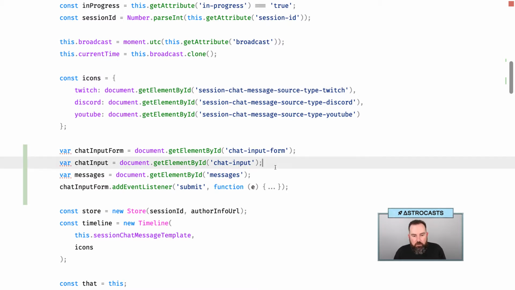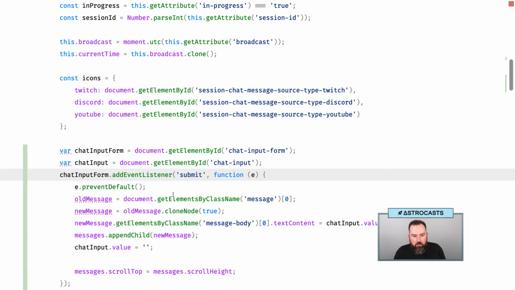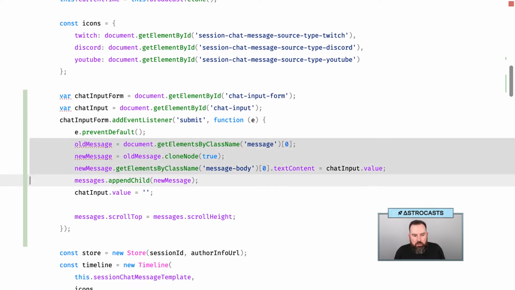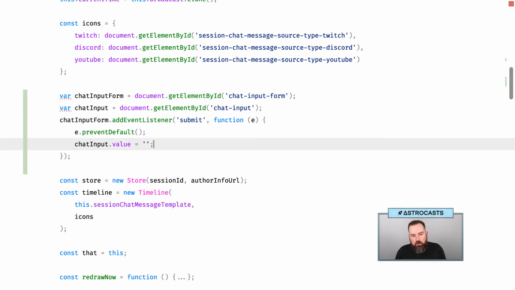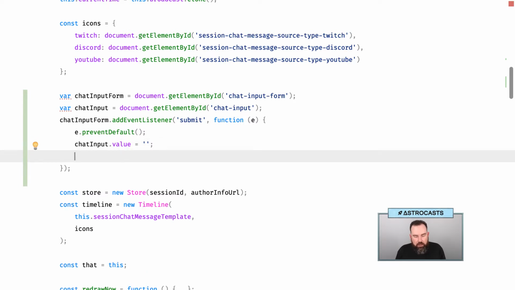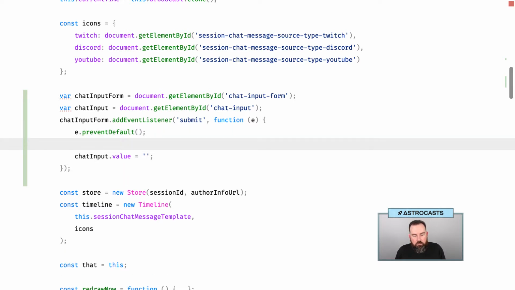So we have the chat input form. We don't need messages. So let's see here. What do we have for submit? All right, so we don't have to do anything with the old message. We don't have to do anything with scroll top, because I think what's going to happen here is that we're going to end up consuming this message via the store. So let's go ahead and do this. So we'll do